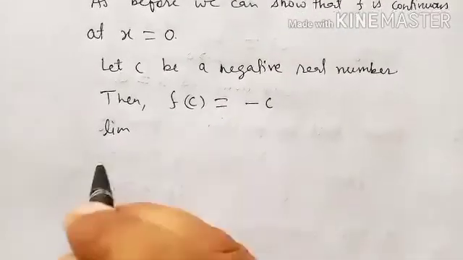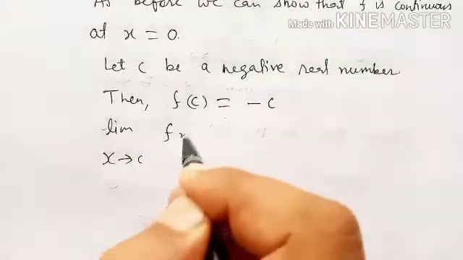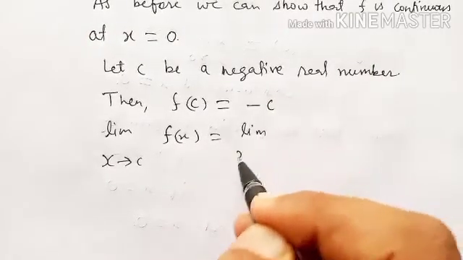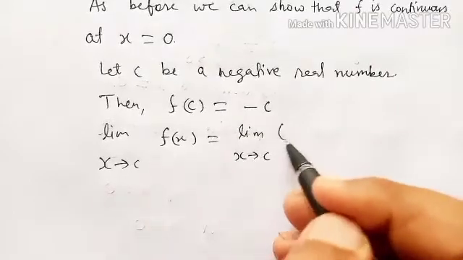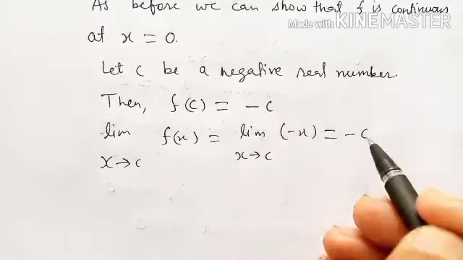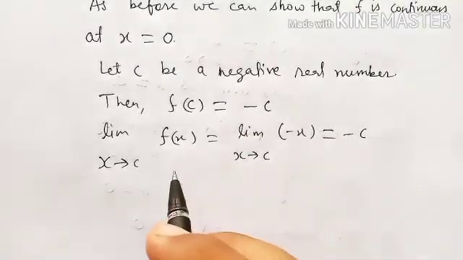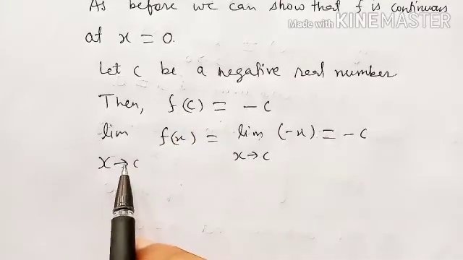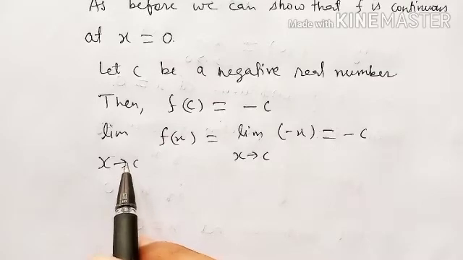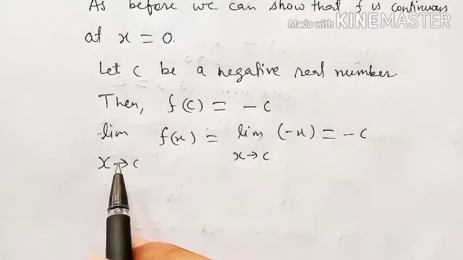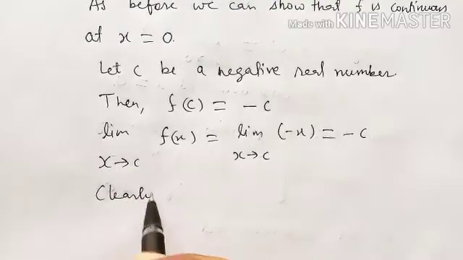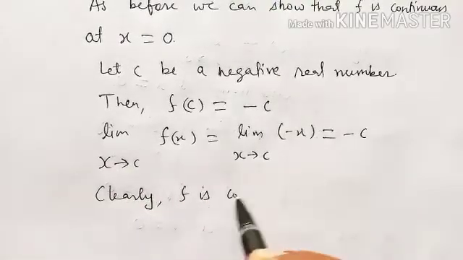Limit x tends to c of f(x). Here c is negative, so f(x) is minus x. This gives us minus c. So you can see f(c) and the limiting value of the function are the same. So we can say clearly f is continuous